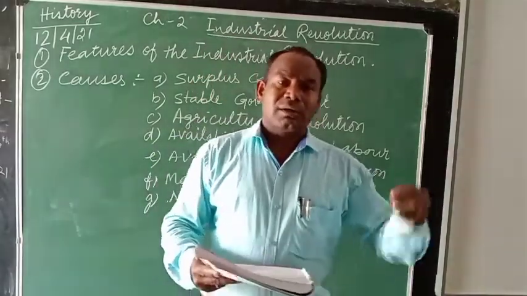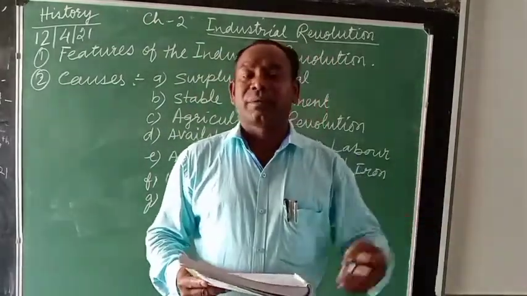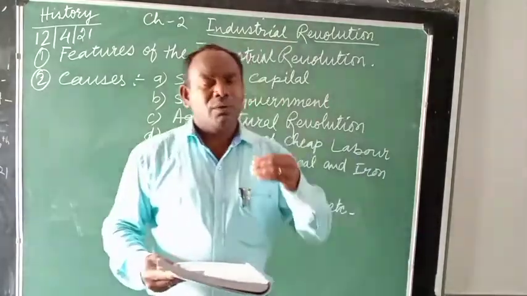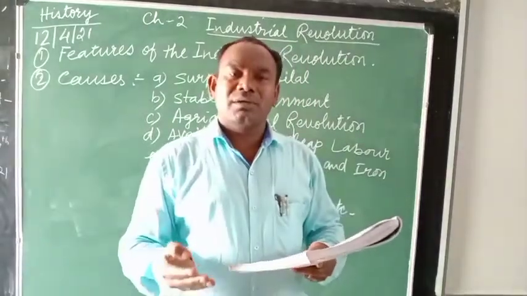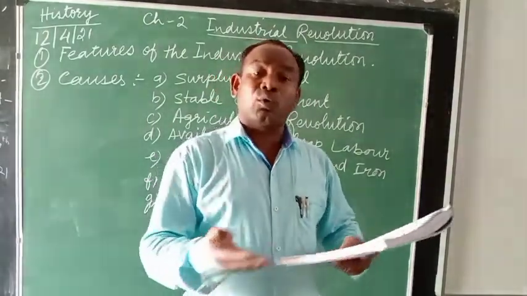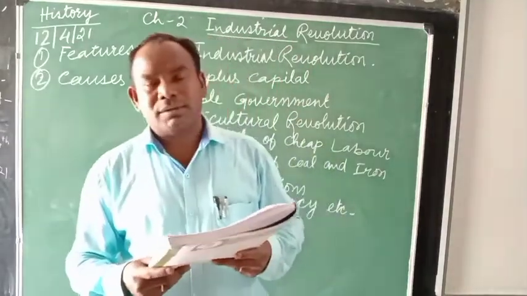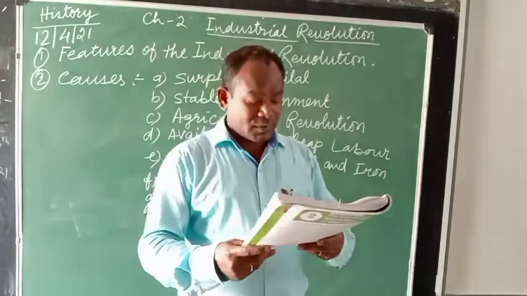Means the agriculture जब खेती बाड़ी में लोग करना शुरू किए और साइंटिफिक वे में करना शुरू किए और अधिक से अधिक प्रोडक्शन के लिए ये लोग मशीन का यूज़ करना शुरू किया, जिसके कारण से इंडस्ट्री में ग्रोथ आ गया, डेवलपमेंट आ गया। ये भी एक कारण बना जिसके कारण से इंडस्ट्रियल रिवोल्यूशन इंग्लैंड में हुआ।